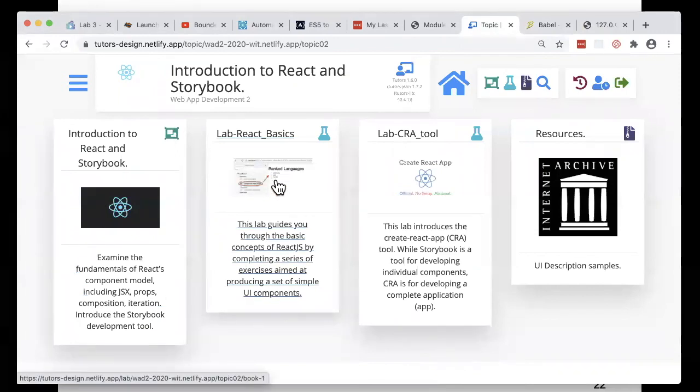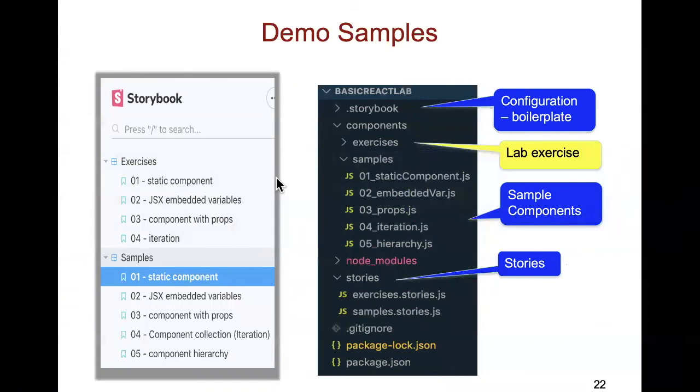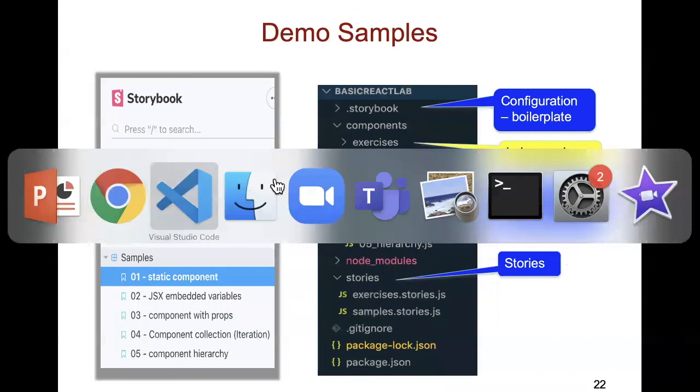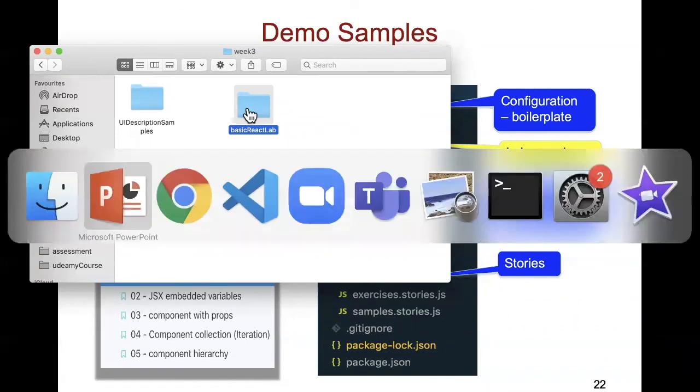I think in the very first page of this lab, there'll be a zip that you download, and when you download it, what you will get is what's on the right here. Specifically, you will get this folder. And so if I pull that into VS Code,